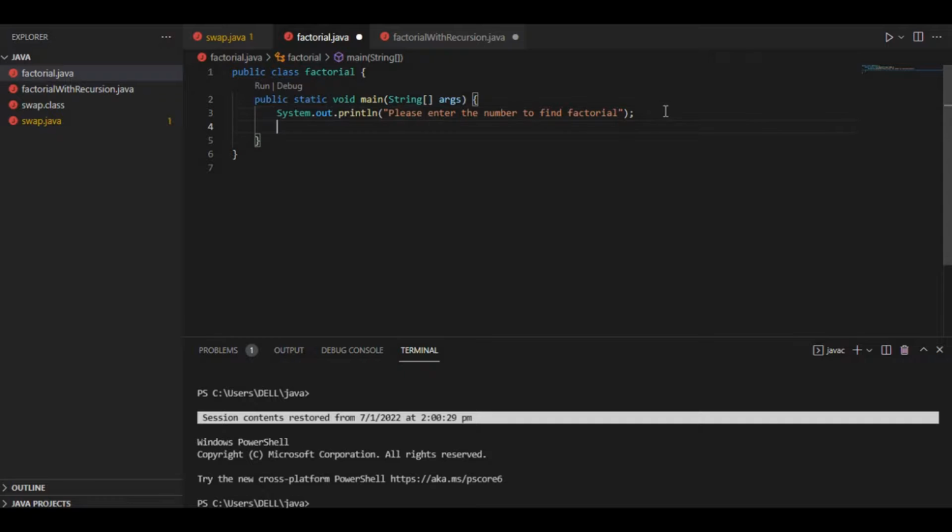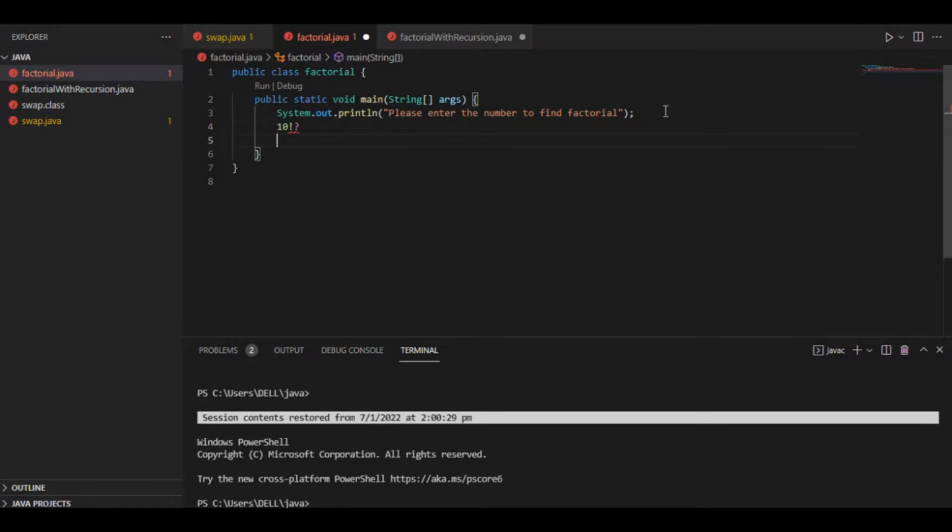In this video we are going to see how we can find out the factorial of a number. So factorial basically is an operation of multiplying any natural number with all the natural numbers that are smaller than it. For example, say we want to find out what is factorial 5. So 5 factorial would be 5 into 4 into 3 into 2 into 1. Whatever value it is, it's 120 by the way. Whatever value you get, that's the factorial of the number.